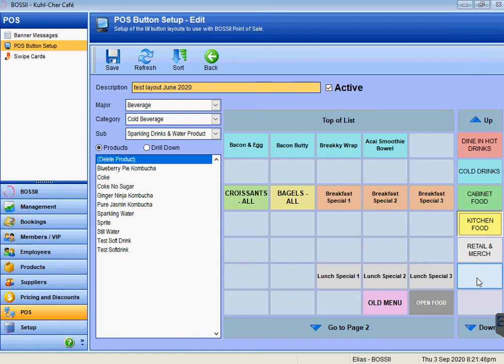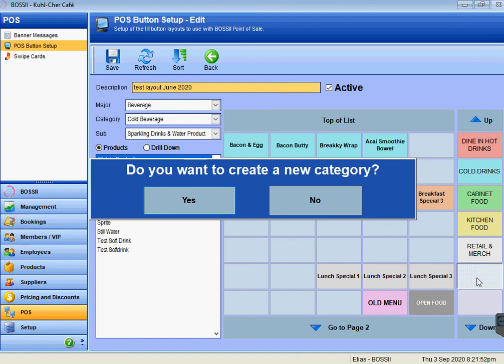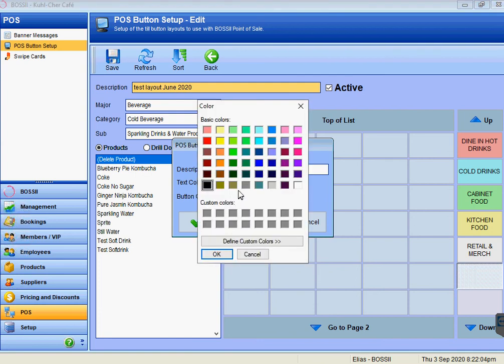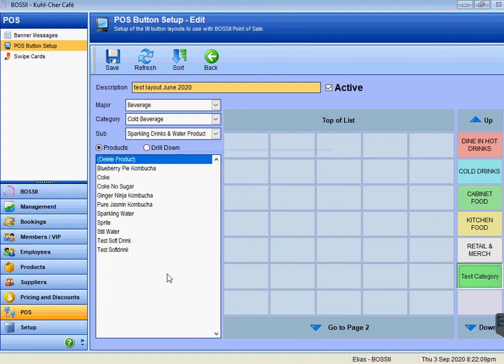If we wanted to add a new category, you would just click into an empty cell. Do you want to create a new category? Yes. And that new category will be test category. And we can change the button color from white, we'll do fluoro green, press OK. And so our category button's now set up, and we can choose what we want to put on that category